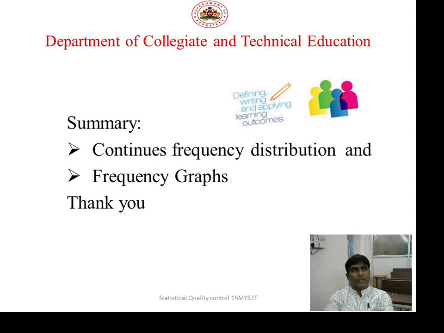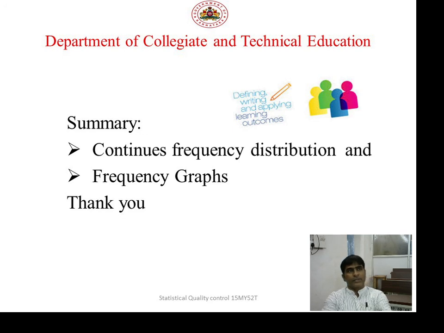Suppose, for example, the age groups. Age groups are the best example of continuous frequencies, so that every value is included in one of the classes. In continuous frequency you are using, for example, age up to 5 years, that is one class. Next, above 5 and less than 7. Like this you are forming groups, where every value is included in one of the classes. That is continuous frequencies.